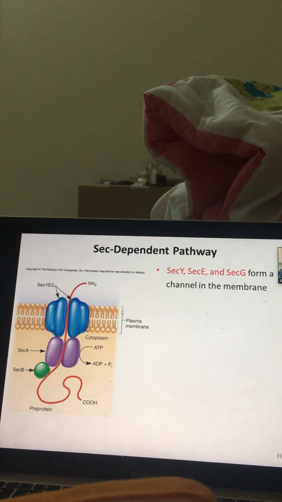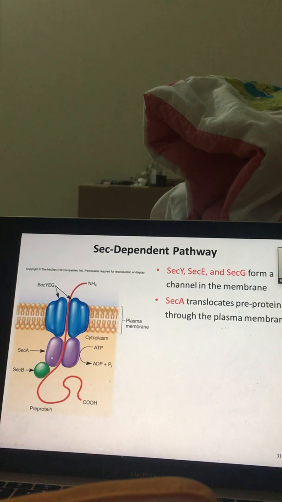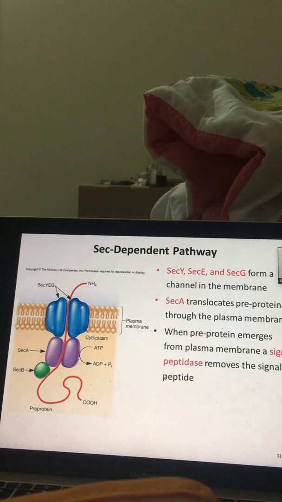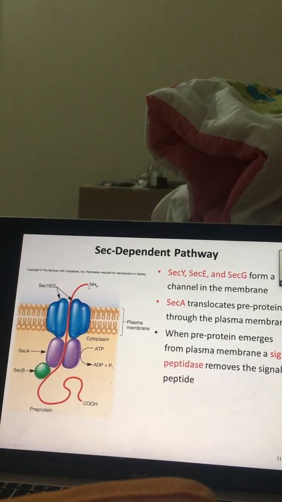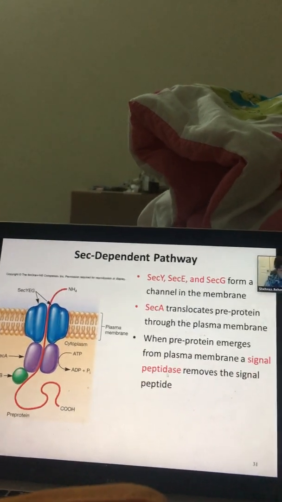You can see the SEC-YEG making a channel in the membrane, whilst your SEC-A translocates the pre-protein through the plasma membrane because it is an ATPase, so it will break down the ATP and allow the protein to be transported across. When the protein emerges from the plasma membrane on the other side, what will happen? There is an enzyme called signal peptidase